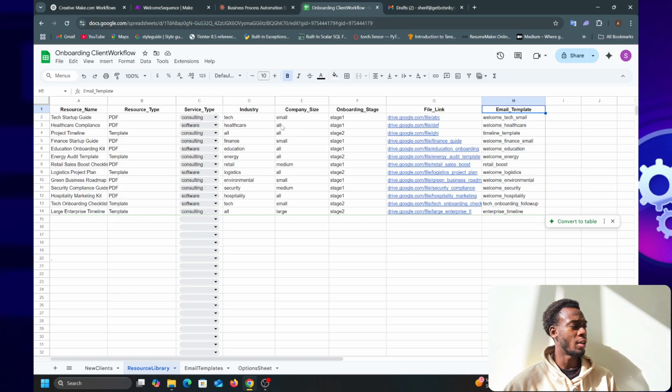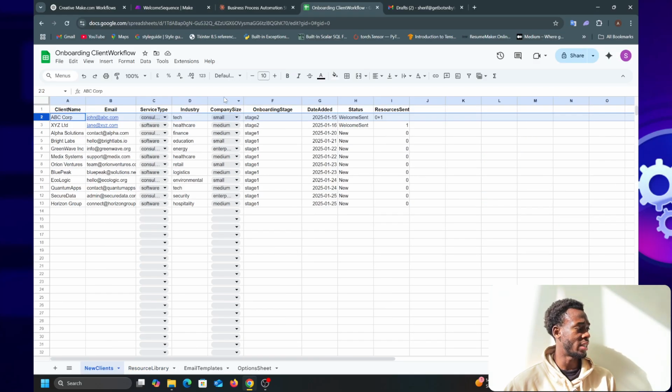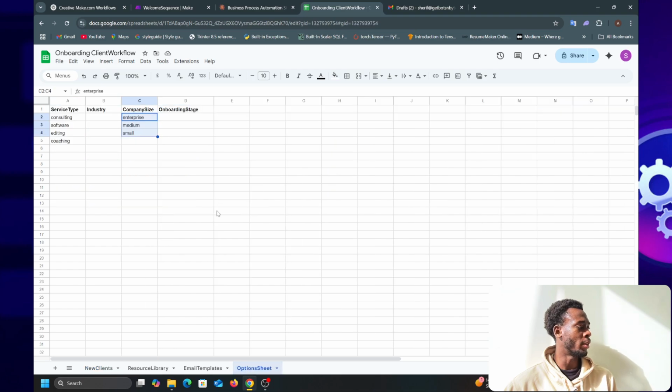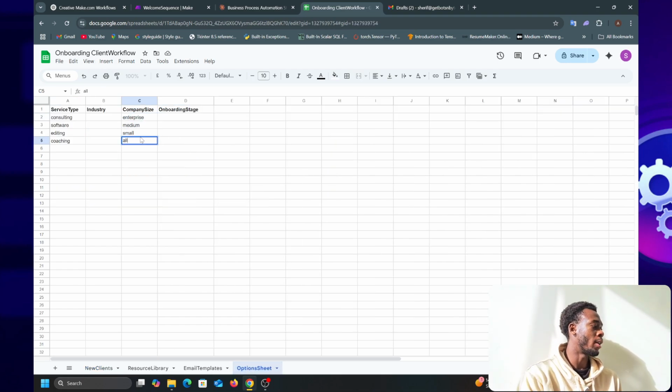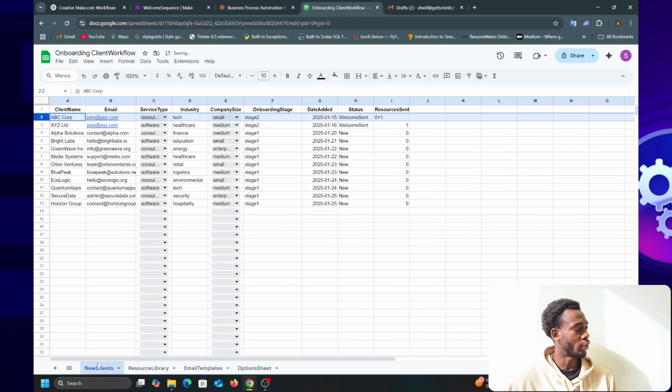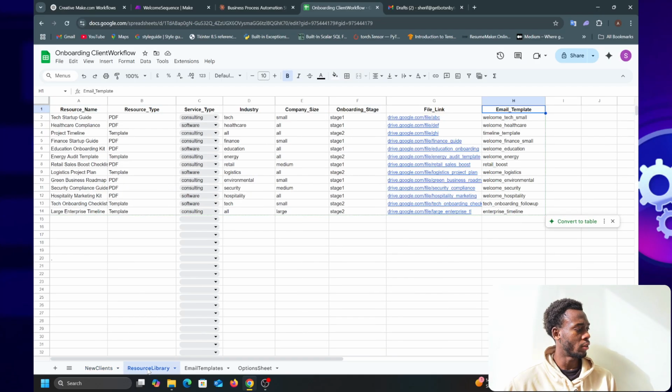So maybe we can set this to all, or the company size can be set to small, medium. Again, very minute editing that you can actually do. Actually, you know what? This is genius. You can do all here, so that when we do a lookup, instead of saying consulting finance, right? Consulting finance,